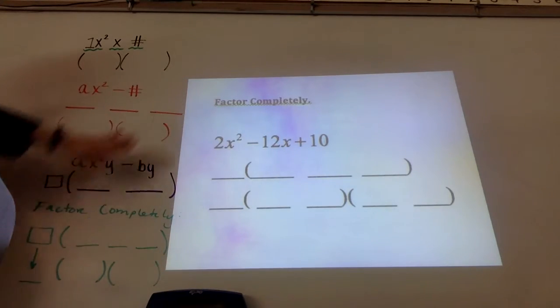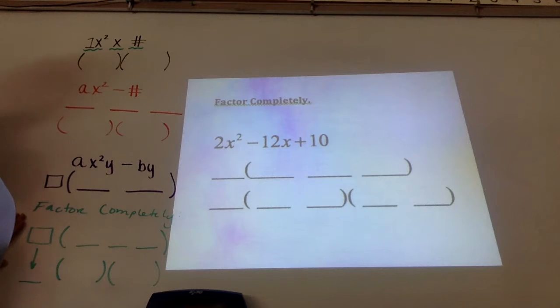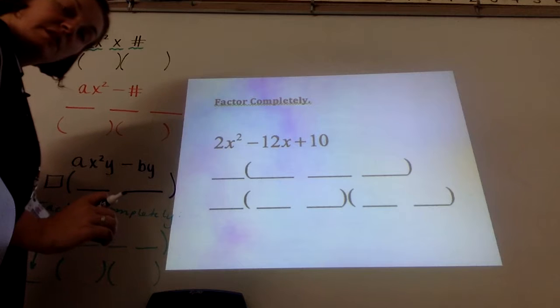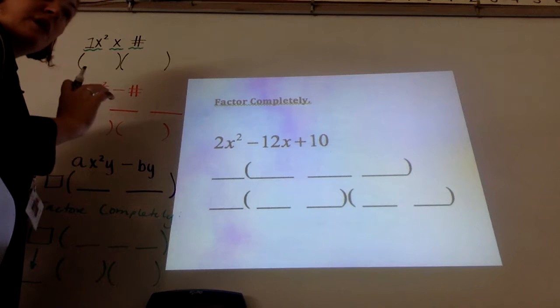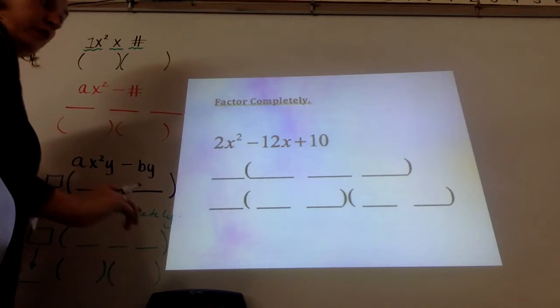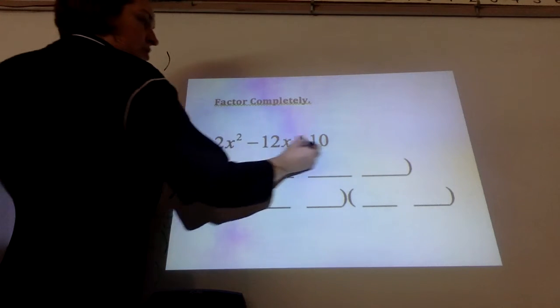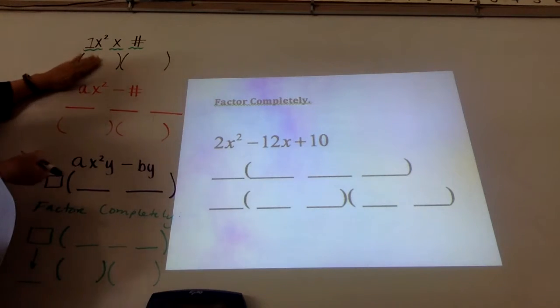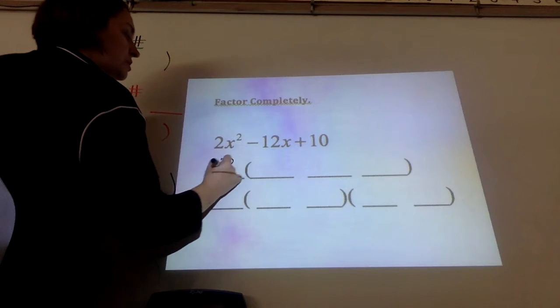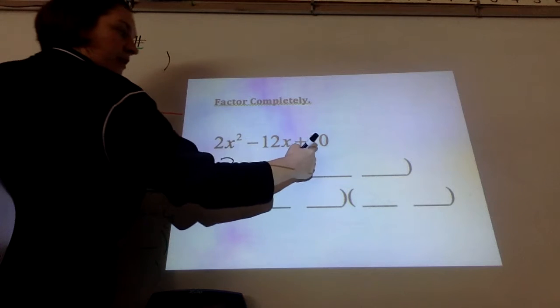Last example is factor completely. Factor completely is over here. It's going to involve us doing GCF first, then focusing on the last part of that problem that we just factored and factoring further. So notice I have 1, 2, 3 terms, looks similar to the top, but it is not a 1x squared. 2, I can take from all 3 of these,